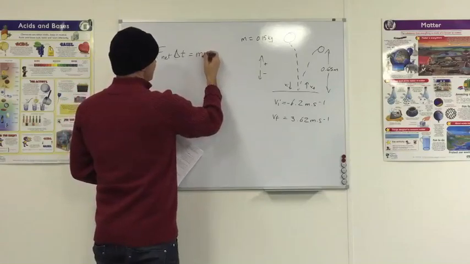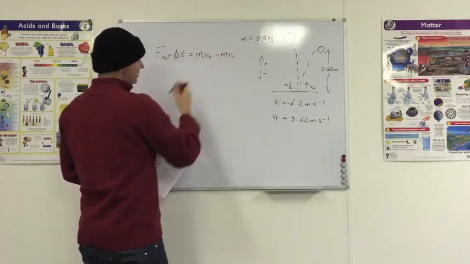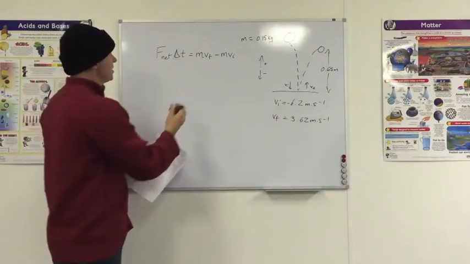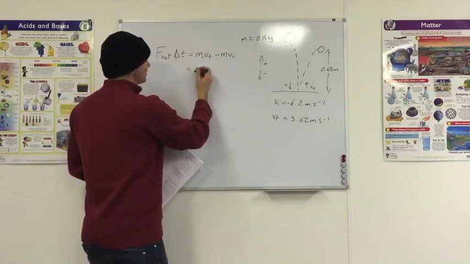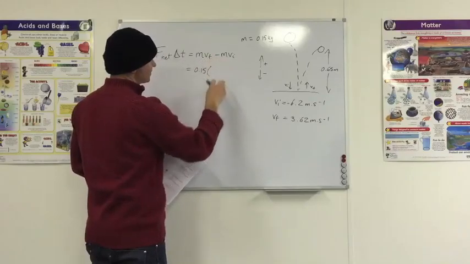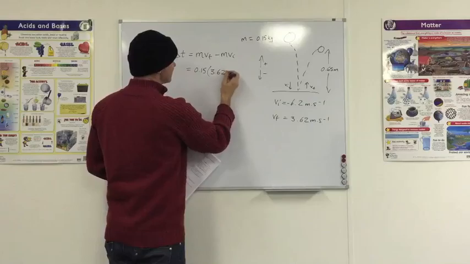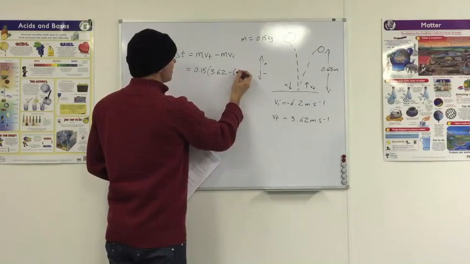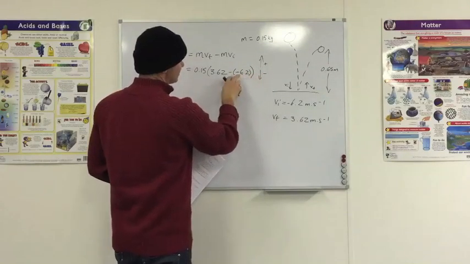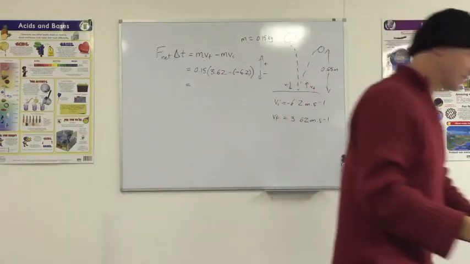Let's put the details on the other side, because those are the things that we actually know, looking at the stats and facts that we've got on the right hand side. Let's sub it in. Mass is 0.15. You can in fact put these two in a bracket because the mass is the same in both cases. Vf is 3.62 minus minus 6.2. Okay, don't forget the double minus. And when you plug those into your calculator,